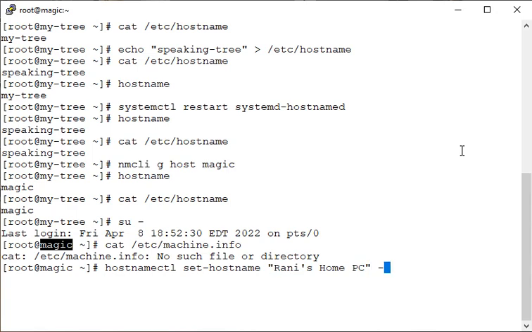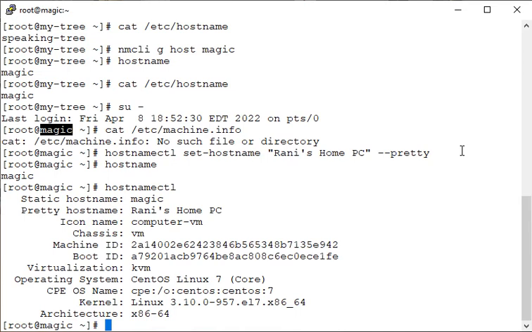Now I need to specify --pretty, so that I'm going to use a pretty hostname. But it does not impact my static hostname. It will remain the same, because the static hostname is the standard that will be used across your network. So use hostnamectl and it will show you your static hostname as well as your pretty hostname, which is Rani's